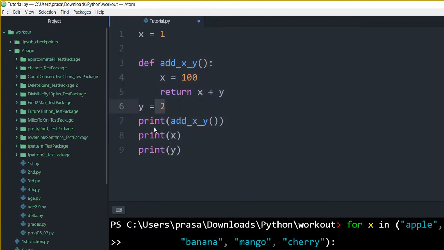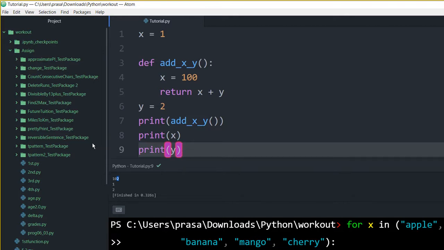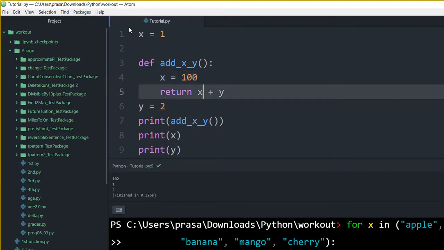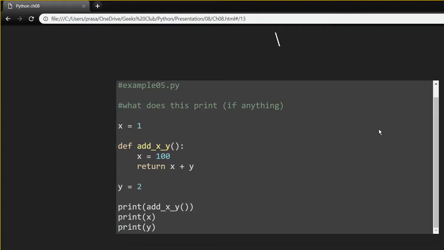Let's see. Okay, yeah, it's 102 because x is assigned locally within this function, so it takes that 100. The 1 for x here is outside the function, so it takes this x, and for y there is nothing to block the value, so it's just 2.